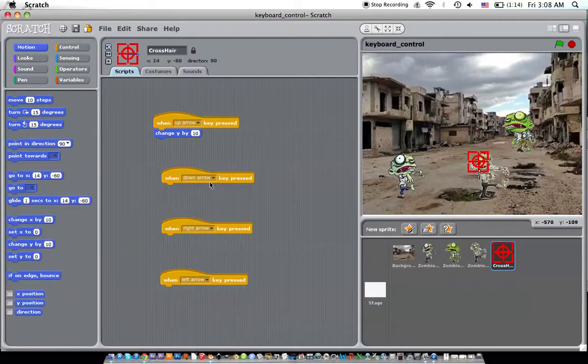Very quickly I go to up down is the Y axis, left right is the X axis. We don't want set because set means you go there and only there. We want change because we want it to always change when you press. Okay, let's check for the negatives and the positives. So up, down. Up is positive, down is negative. So down is negative 10. Right, left. Right is positive, left is negative. So we can test it one by one,